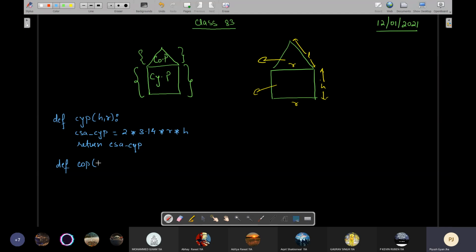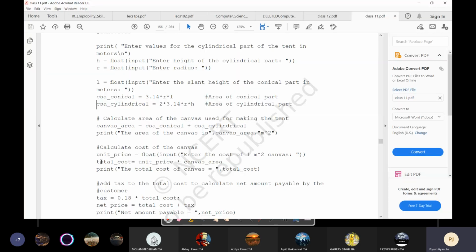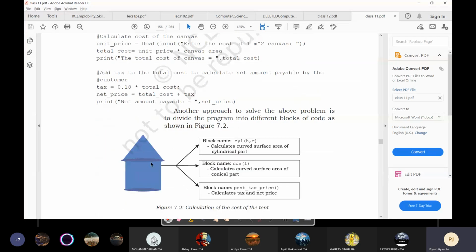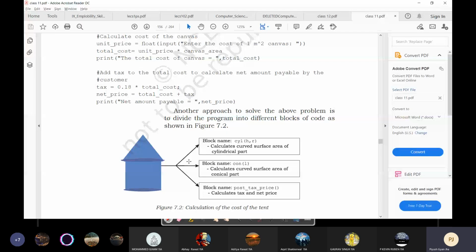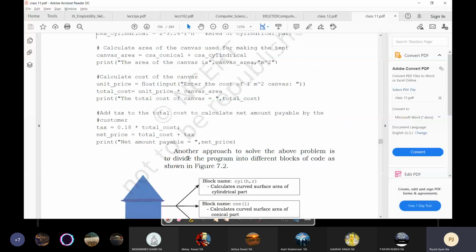Conical part is accepting what? Only your... In this also, actually, you should take R, because you will be using it. Even if you don't take R, there won't be any problem. I'll tell you why.